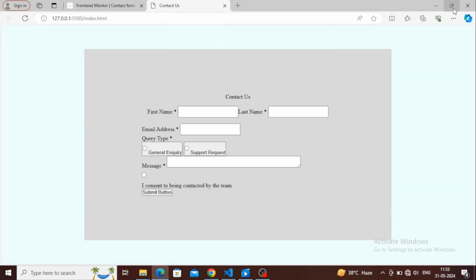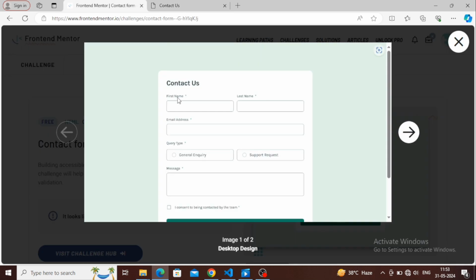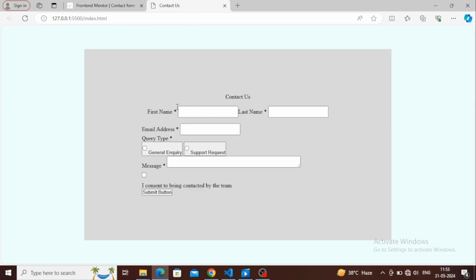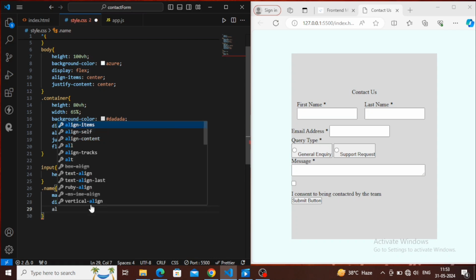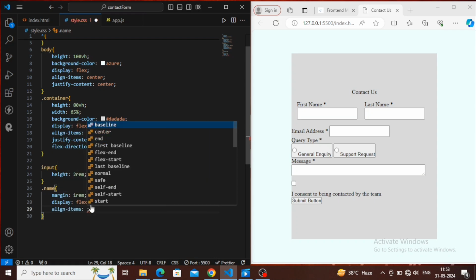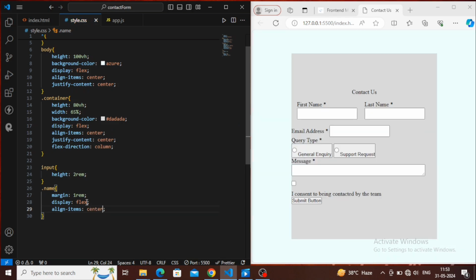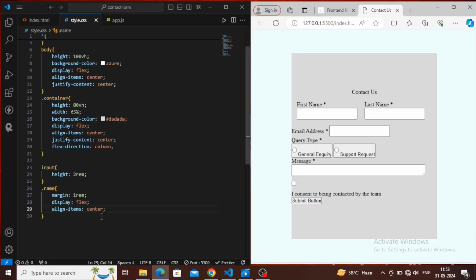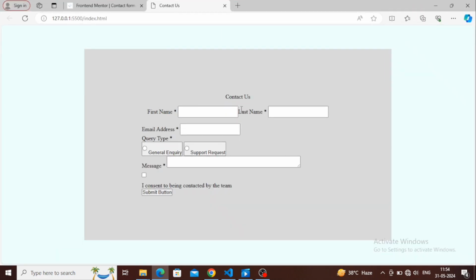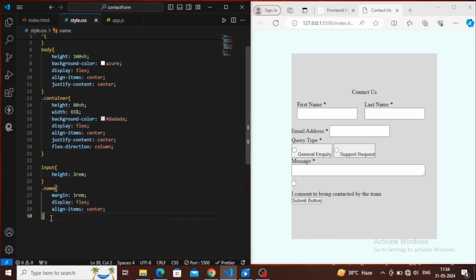But when you see this, another thing we need to do is keep this first name, last name above this input field here. So for that, we need to align first. Let's align the items in the center, so that the things come in the center. Okay, now they have taken a proper space and these are in center. Now we have to align that name above this input field. This name should be here and this name should be here. So for that, what we need to do,